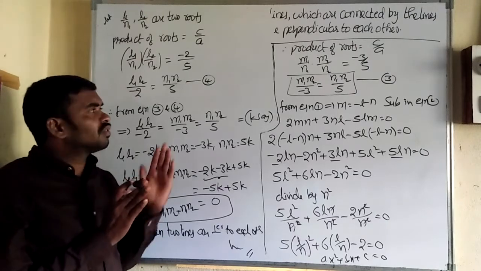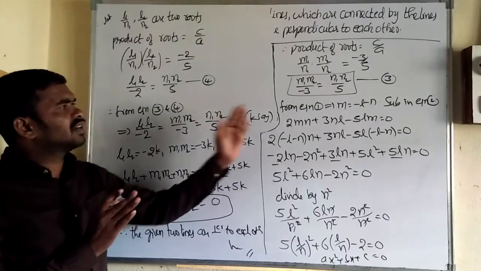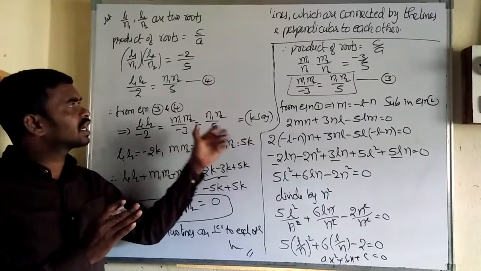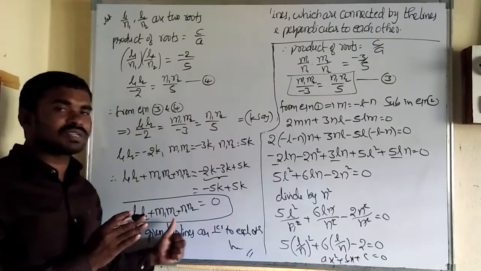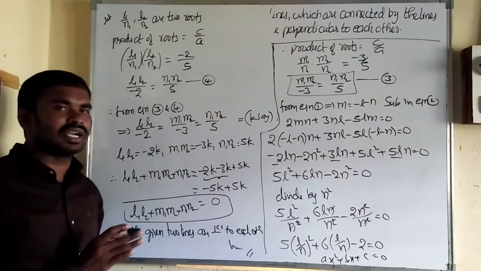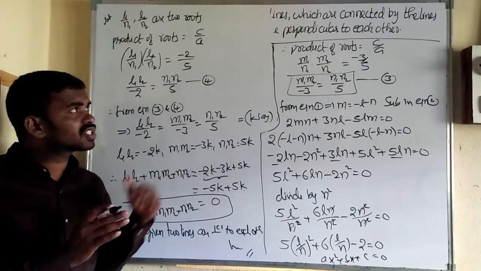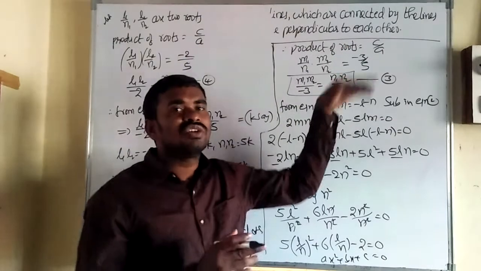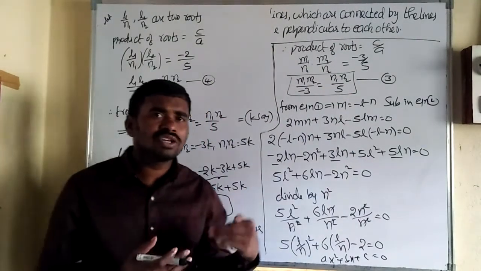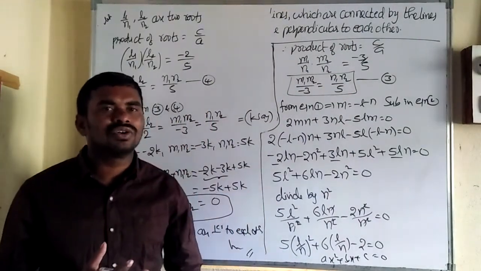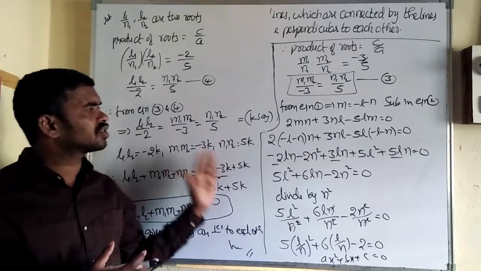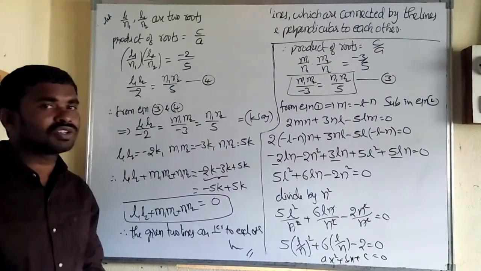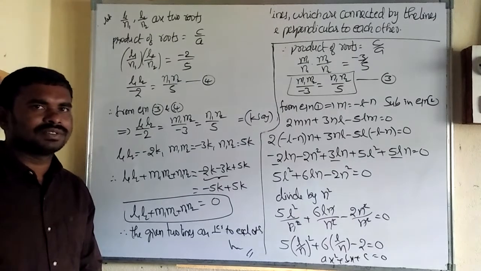First one process, second condition, applying first and the second conditions, we can get L1 L2 plus M1 M2 plus N1 N2 equal to 0. Then we can write. So if this question is given, we have to remember that to show perpendicular to each other means we should show that L1 L2 plus M1 M2 plus N1 N2 equal to 0. If you remember that condition, we can solve this one easily. This is an important question. Please do more practice.